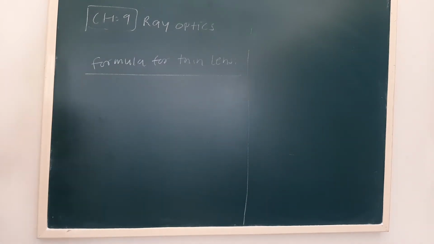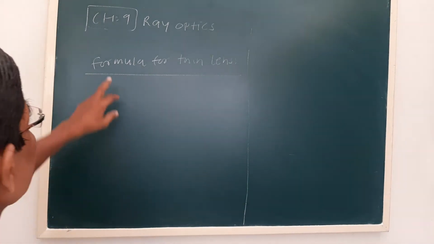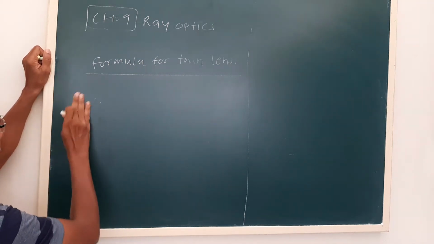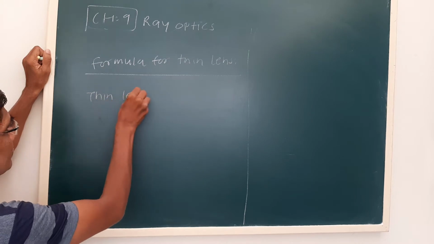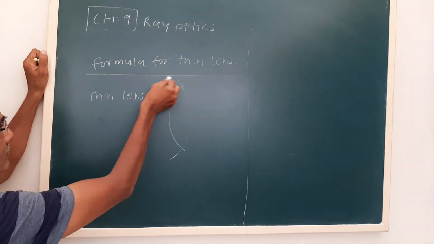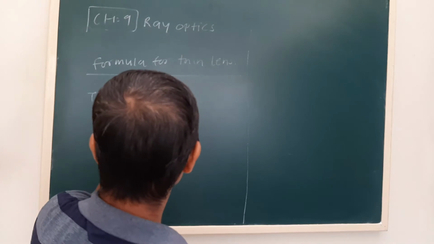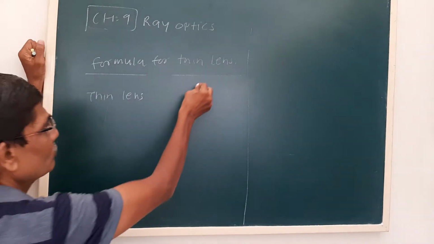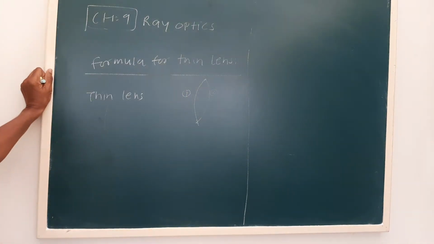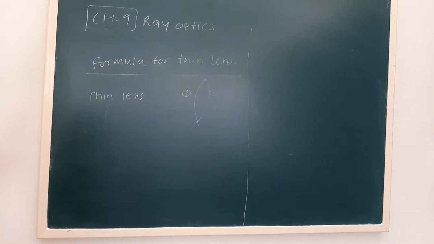Now see, we have derived the equation of refraction through the lens. Now next we have to derive the formula for the thin lens. Now see, what is a thin lens? Now we have seen one refracting surface. This is another refracting surface. See, these are parts of the refracting surfaces. Now see the distance between two refracting surfaces, let us say surface 1 and 2, is very less compared to the object distance and image distance. Then it is called a thin lens.